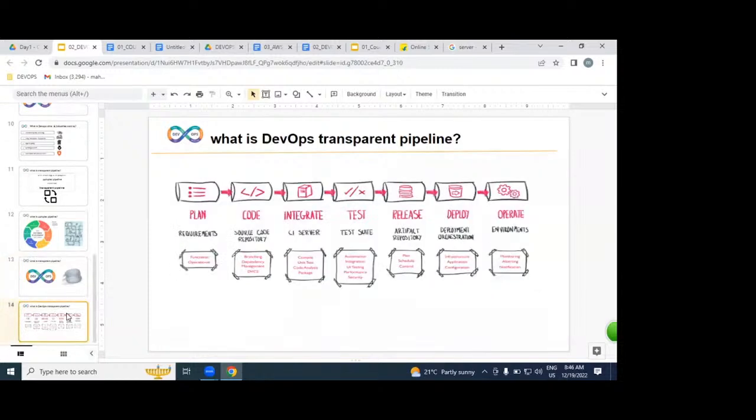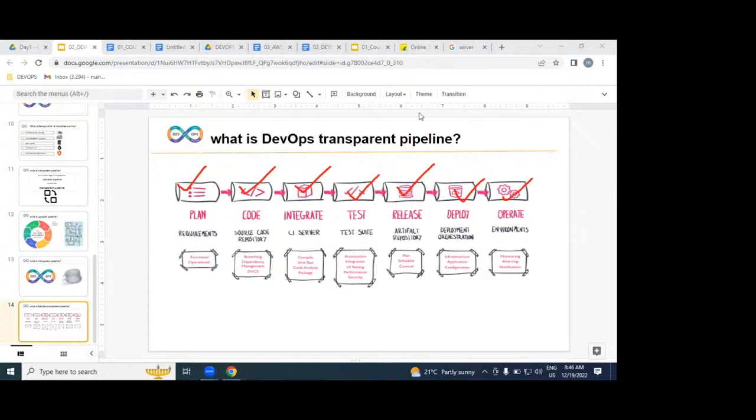This is our actual DevOps process, which we are going to implement. In this DevOps transparent pipeline, we have several stages and phases: plan, code, integration, testing, release, deploy, and operation.